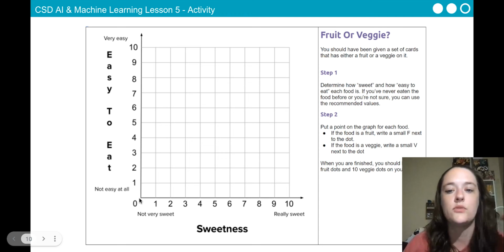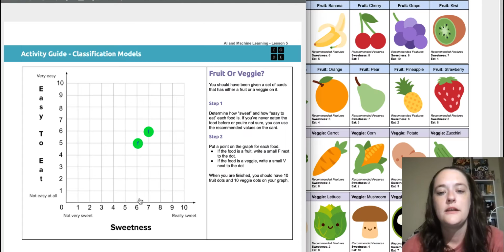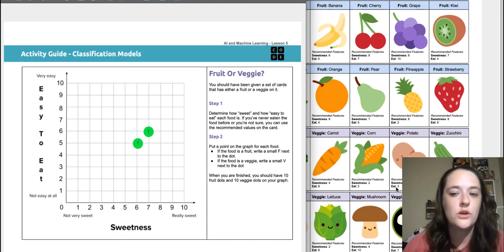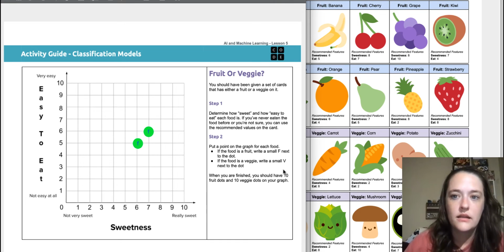So whenever we are looking at the sweetness point number and the eat number, we're looking at an x and a y. And so we're going to find the number on the x-axis, and then we're going to follow that line up to